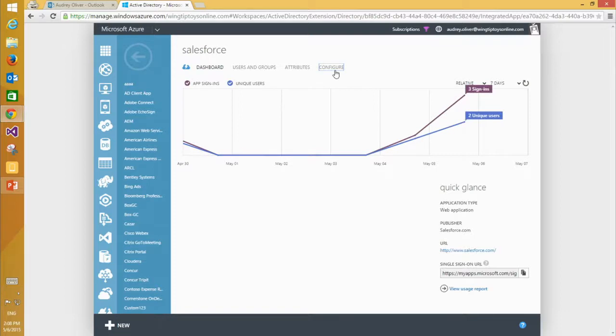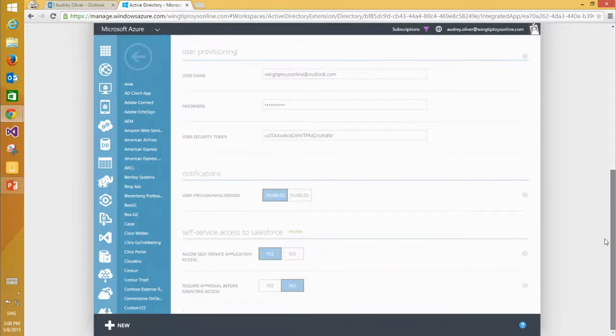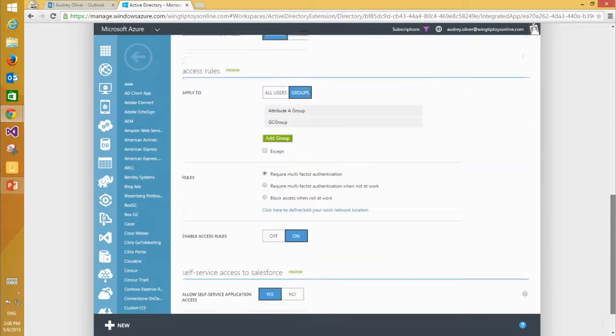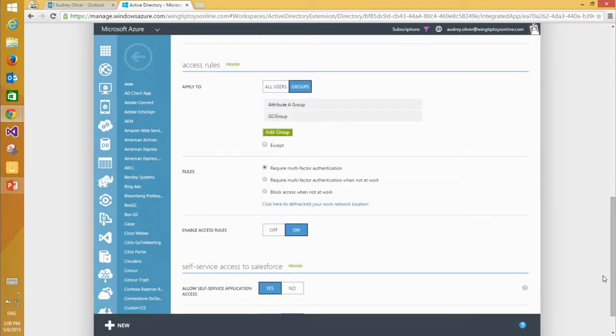Under the Configure tab, I can see that wonderful conditional access rule. And if I scroll all the way to the bottom, I can see that it's actually only for specific users, because not every user that accesses Salesforce accesses sensitive information. So we're really limiting it only to those groups that are assigned to the sensitive Salesforce roles. Now everything works together. If you move into marketing, you automatically get added to that group, and you automatically get better permissions in Salesforce. You automatically get enforced with MFA just when you access Salesforce. So life is good. Everything fits together and we're happy.